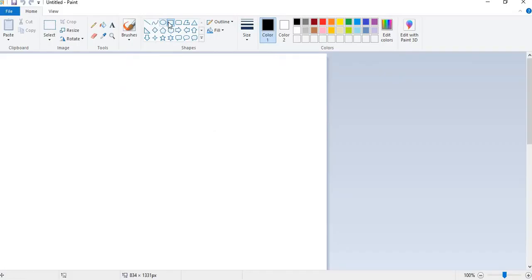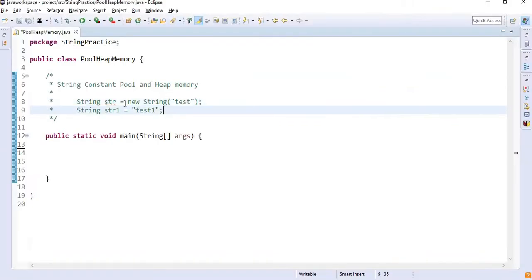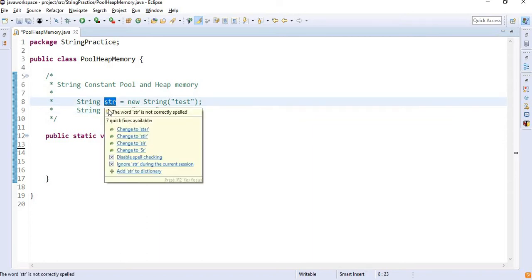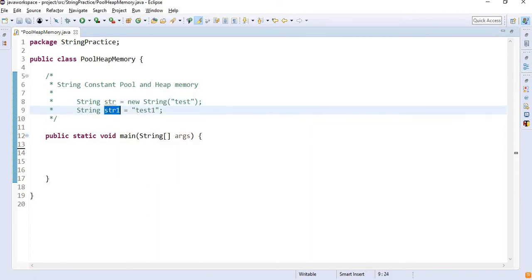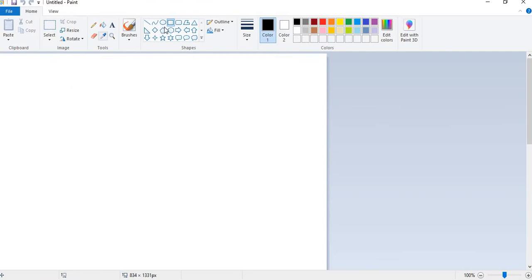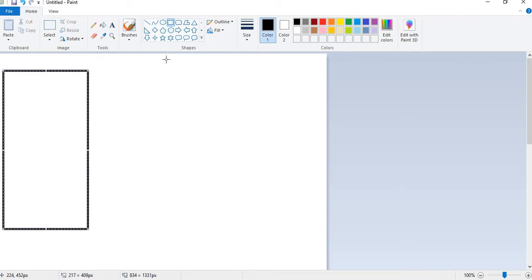So first of all, as we all know, a string is a class in Java and is a non-primitive data type. So whenever we assign a value to a string, it is indirectly or directly creating an object of a string, because string is a class. Whenever we create an object of a class, the reference of the class gets stored into stack memory.